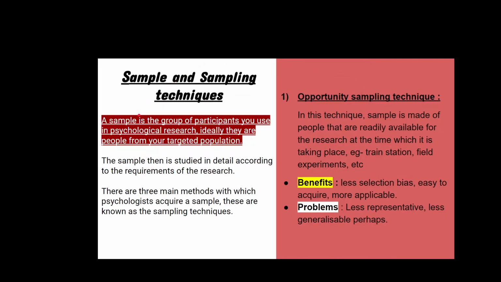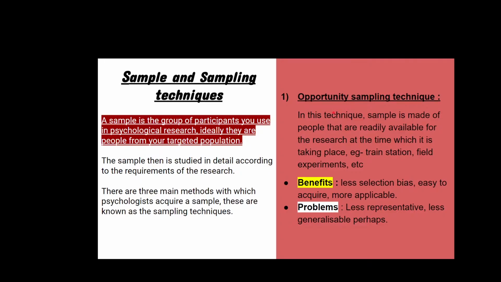A sample is basically the group of participants that you're using in your psychological research. So the people that you experiment or research on can be human or animal. The sample is then studied in detail according to the requirements of the research. There are three methods with which psychologists acquire a sample for their research, and these methods are known as sampling techniques. So the first sampling technique, or the first way to acquire a sample for your research, is opportunity sampling,